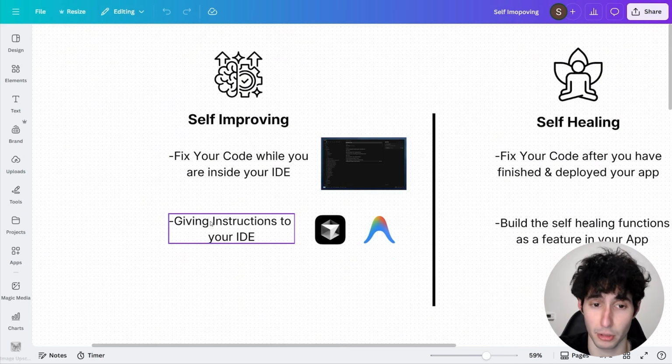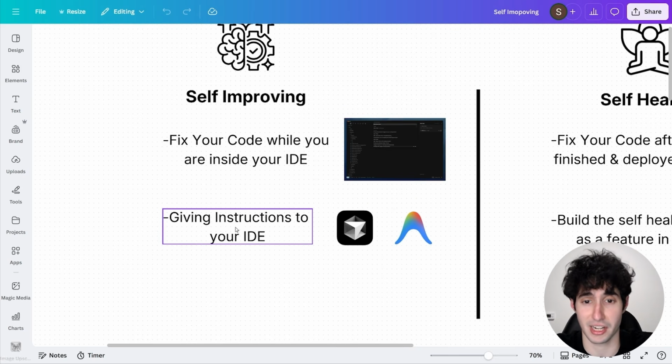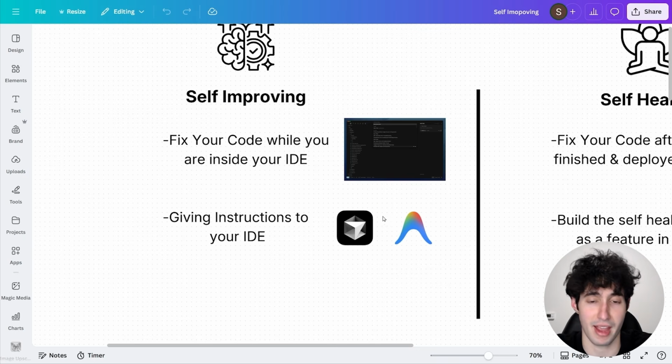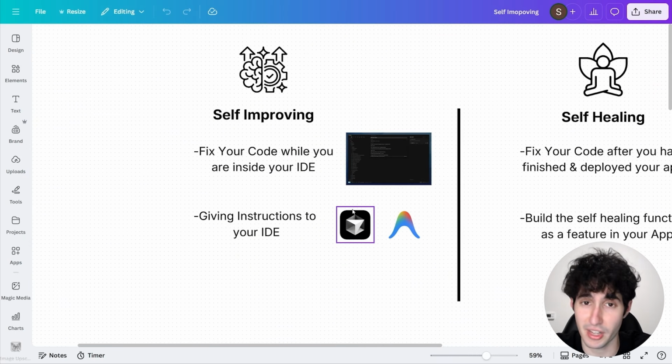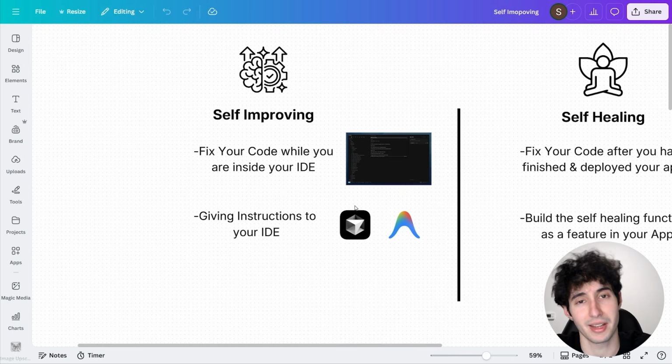And you are able to build these workflows by simply going over to the system instructions that tools like Cursor and Antigravity have, and giving them a very specific set of instructions that I will of course show you in this video, and I will also give you access to them in the description below. But what I want you to keep from the self-improving workflows is that they only work when you're actively building